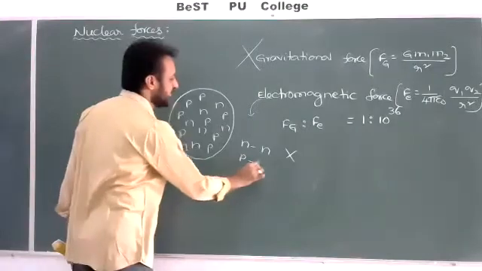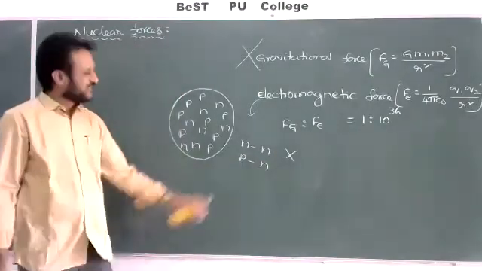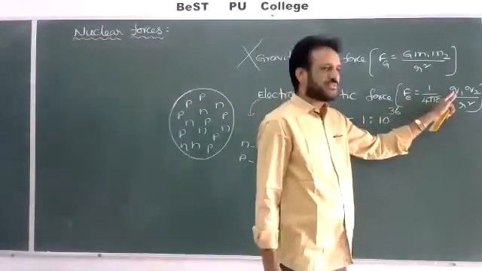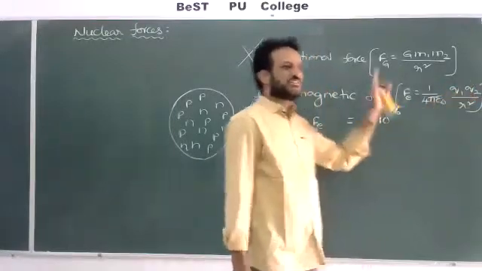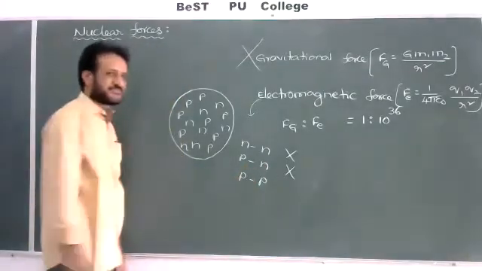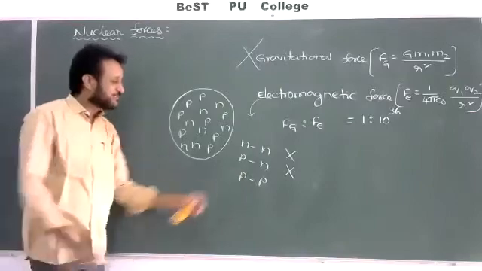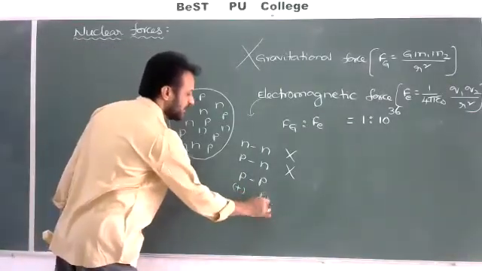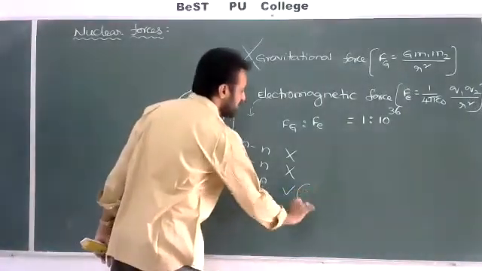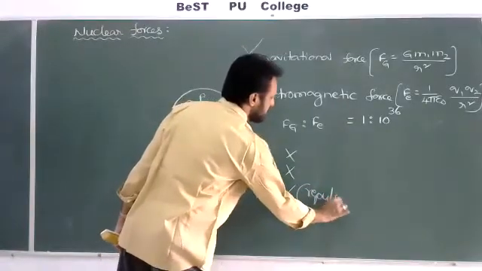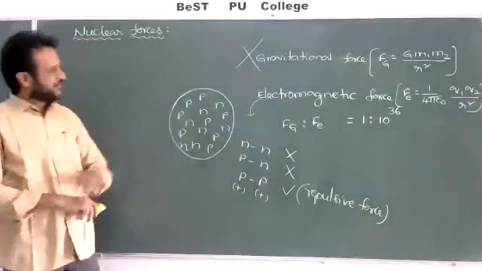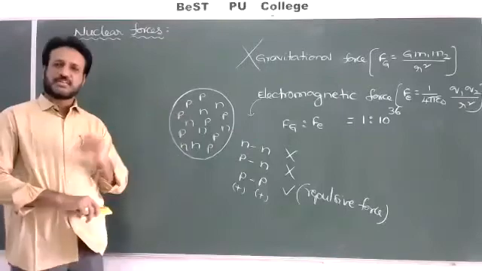Between the proton and neutron, is there an electrostatic force or not? Not, because the proton is a charged particle, but the neutron has zero charge. We can write Q1 is equal to charge, but Q2 is 0, the neutron also 0. Here also no electrostatic force. But only between the protons there is a force. Both are charged particles, and what kind of charge? Proton plus, next proton also plus, like charges will always repel. So between these two there is an electrostatic, what kind of force? Repulsive force, correct?